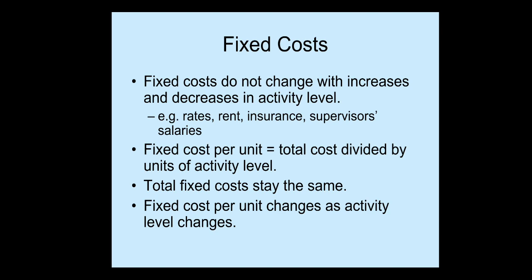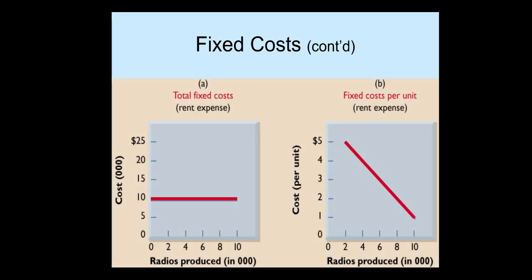Okay, there's something unique about fixed cost. The total fixed cost will not change no matter how many units of product are produced by a business, but unit fixed cost will become lower when a business produces more product. So we will see that in the graph here. You see here,